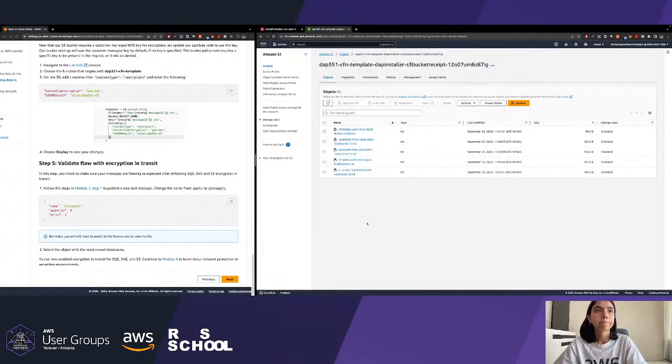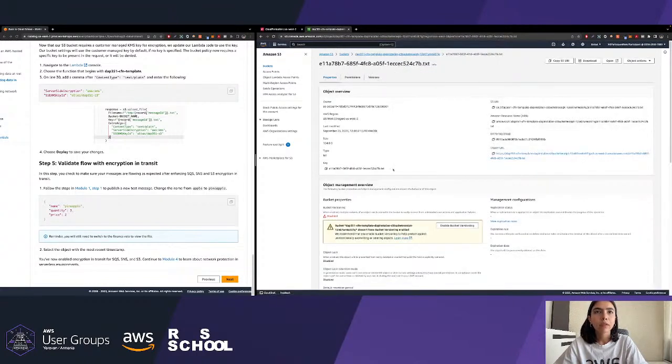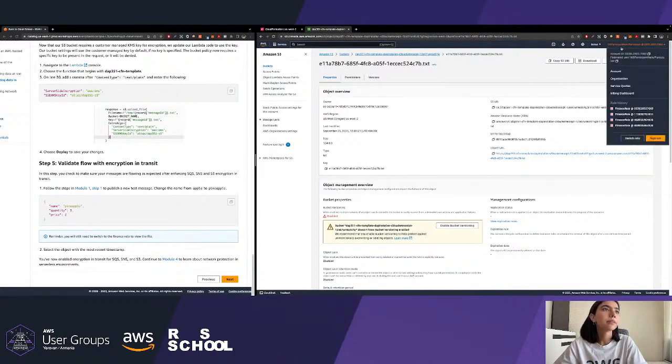Let's see what we have. Again, we have another file added. But now you remember we should use the finance role to review it, because we have encryption in place for our S3 bucket.